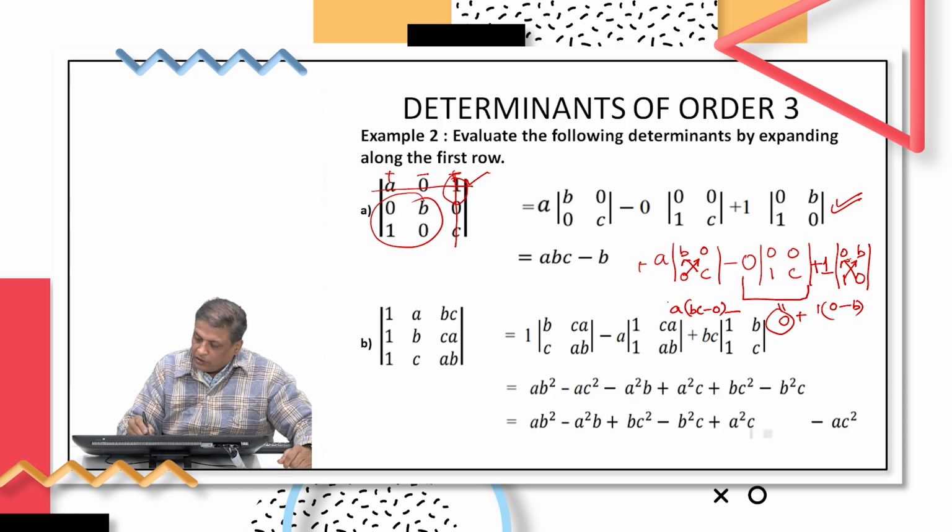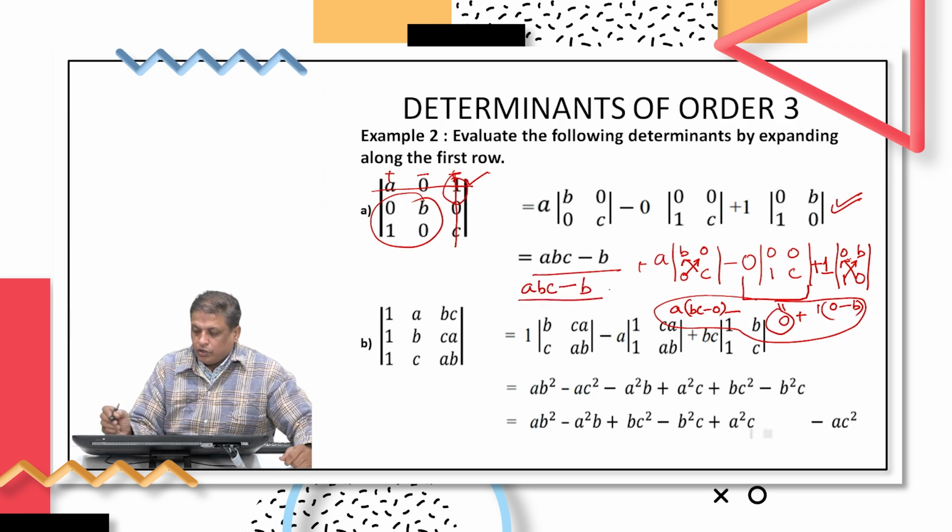So by solving this entire expression, we will get ABC minus B. So I hope you learned how to solve the